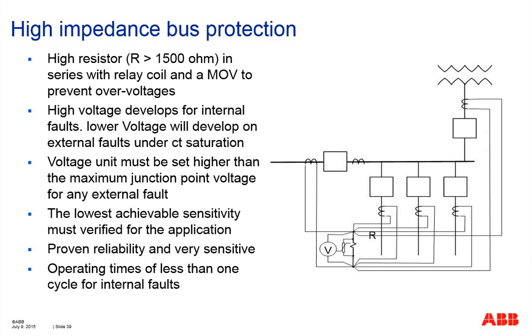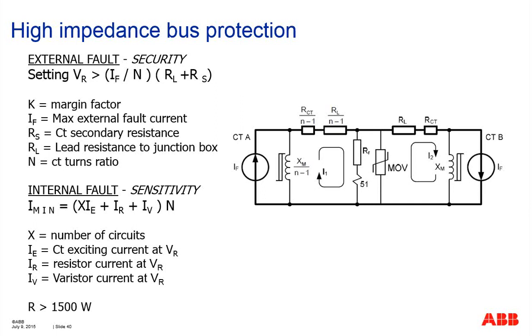The two main things behind impedance bus protection. High impedance bus protection is typically very reliable, very fast, and very sensitive. Typically, it's sub-cycle. So these are some formulas to calculate the voltage set point and how